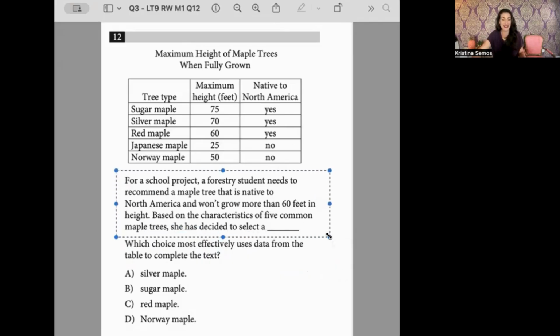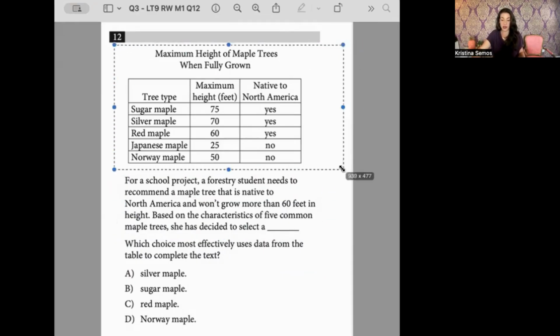We read the text next. For a school project, a forestry student needs to recommend a maple tree that is native to North America and won't grow more than 60 feet in height. Based on the characteristics of 5 common maple trees, she has decided to select a, and now we're going to go here,